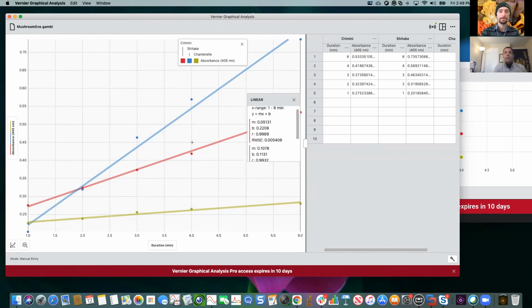Now, what I've done is in that folder, there is not just this data, there's also a preliminary activity, which is just for the crimini mushroom. I've also put in data for the different parts of the mushroom, so the stalk and the gills and things like that. And in Logger Pro, there is every single data set that I created when I created this lab activity. If you wanted to create your own data sets, all you have to do is open up Logger Pro and copy and paste into GA, or what we call Graphical Analysis.